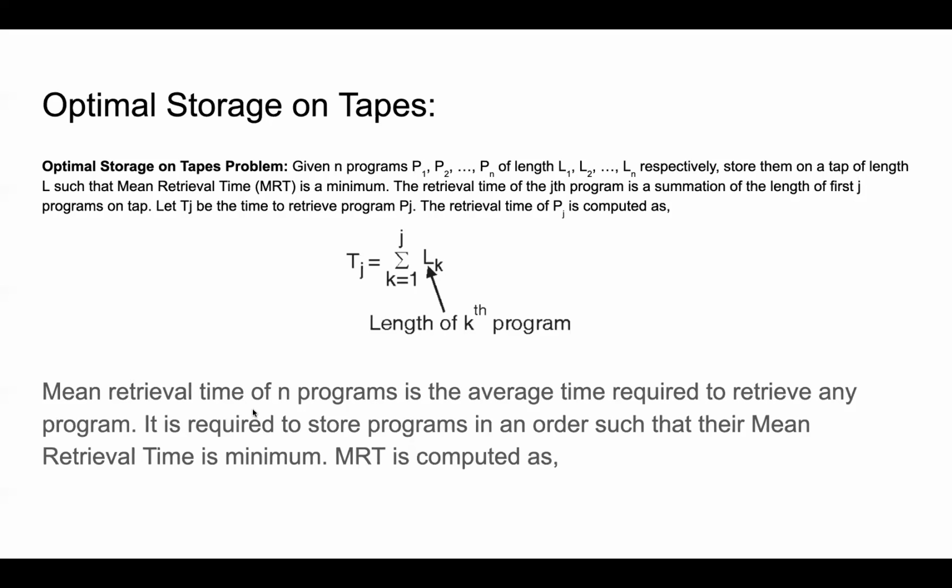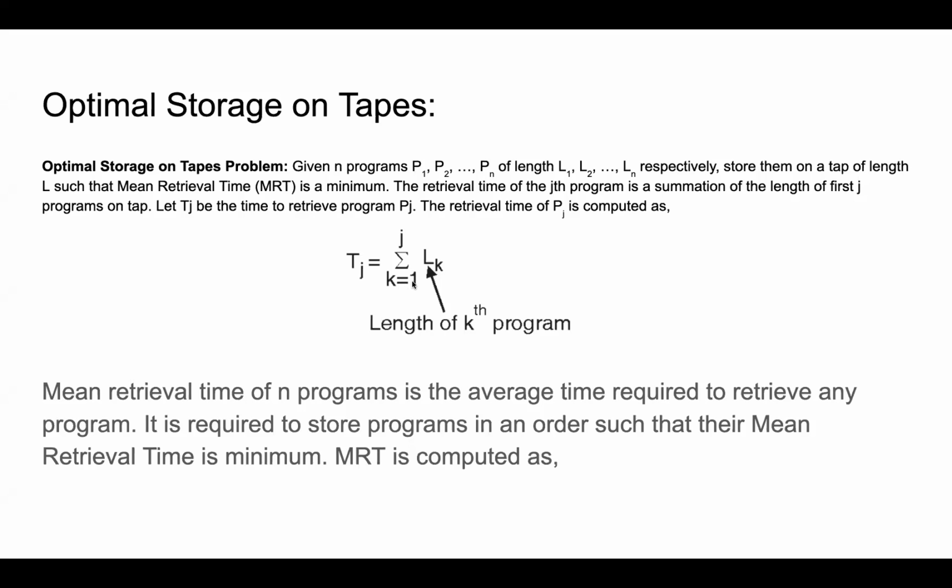Mean retrieval time of all these programs should be minimum. That is the problem, or the main scenario for this type of algorithm, optimal storage of tapes. Here T is the mean retrieval time of the jth program. It is equal to